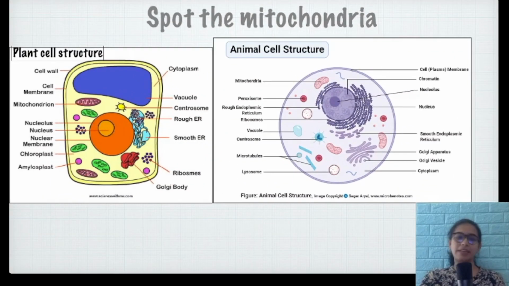First, let's learn about mitochondria. These are the diagrams of a plant cell and an animal cell. And in them, can you see the mitochondria? Can you spot it? So here and here, you can see the mitochondrion, right? The singular is mitochondrion, plural mitochondria. So from this diagram itself, what can you deduce the structure to be?